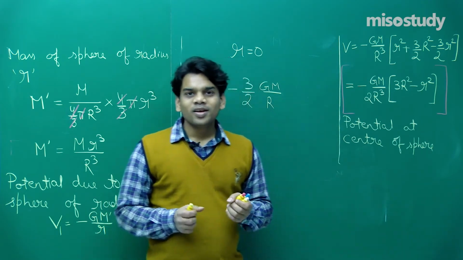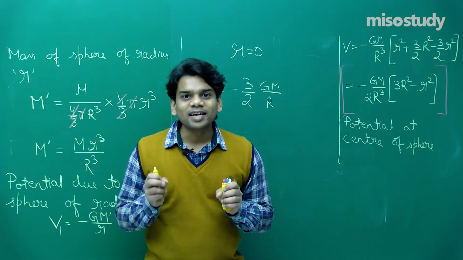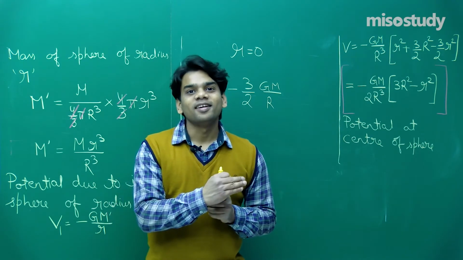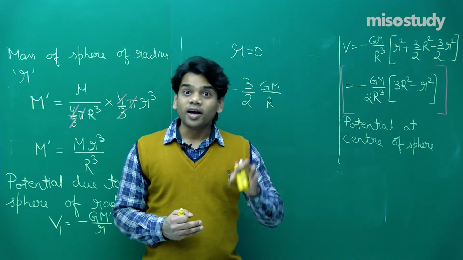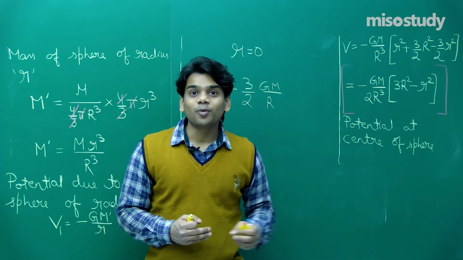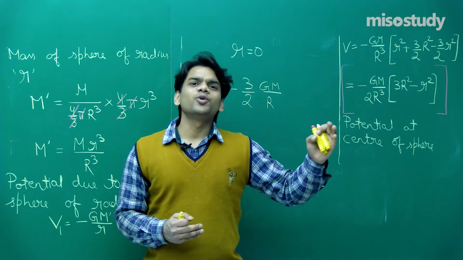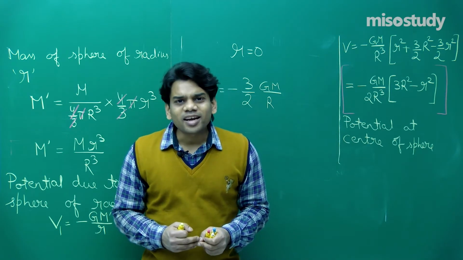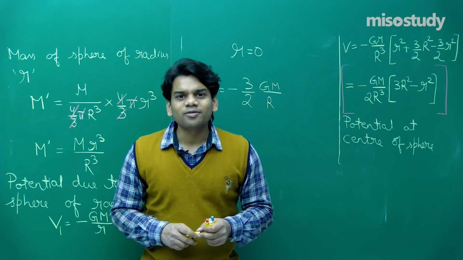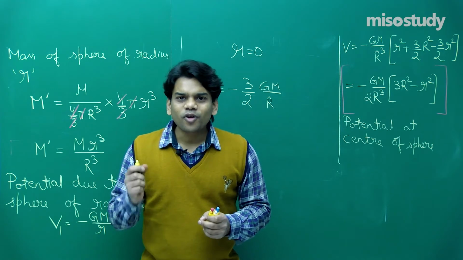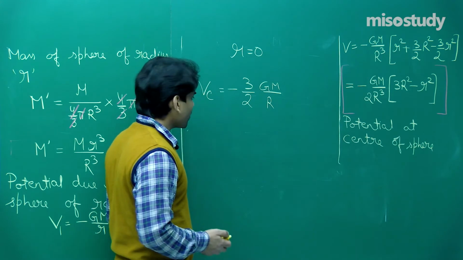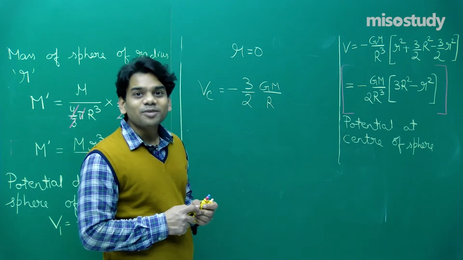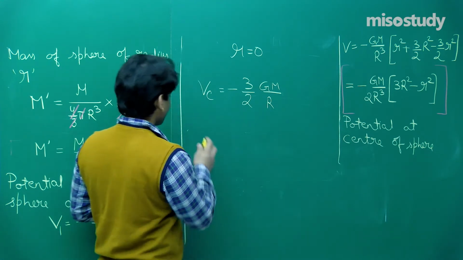Now we got that potential at an internal position varies as you go from the center of the sphere towards the surface of the sphere. Again you move from the surface of the sphere to another point outside the sphere, again it is going to vary. Let's try to make a graph showing the variation of potential from the center of the sphere to an external point. See how it will vary. To understand the variation, let me write down each of the formulas.